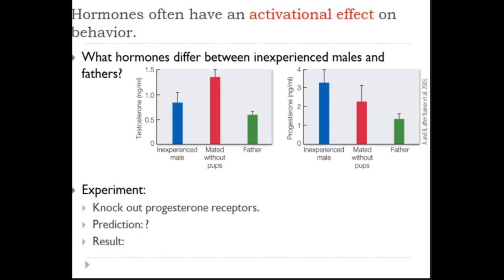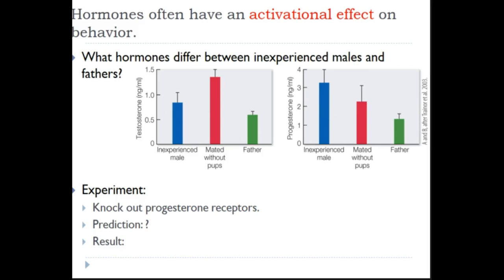So on the prior slide, when we're talking about these male mice changing their behavior and switching from being infanticidal heathens to nurturing fathers, the thing that seems to be most different in those individuals is that their progesterone levels have really, really dropped. And we can test this further. We could say, all right, if we think progesterone is causing them, in this case, to be infanticidal, and in this case, to be nurturing, loving fathers, let's try screwing around with the progesterone receptors.